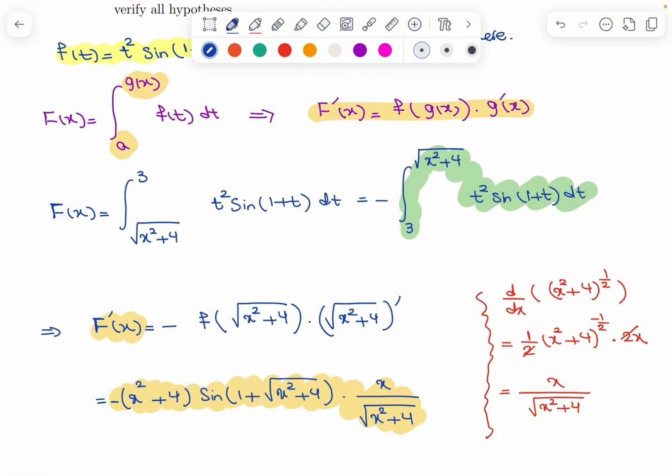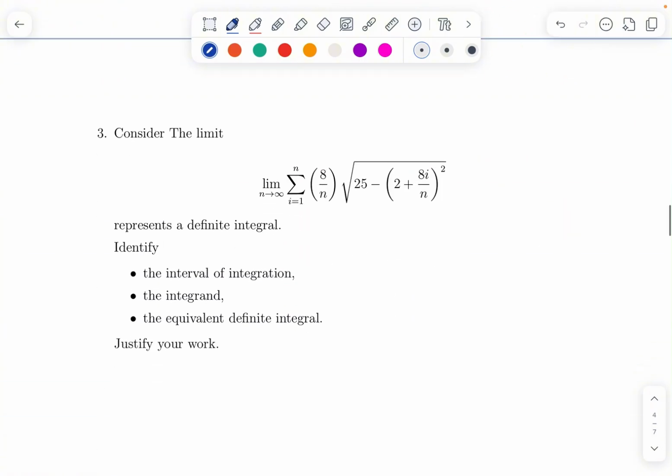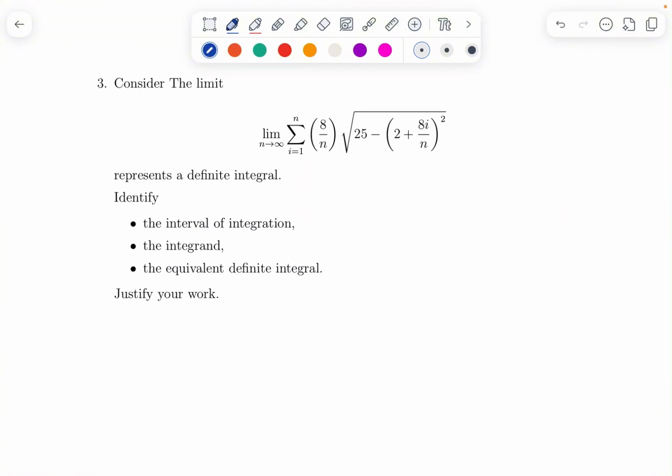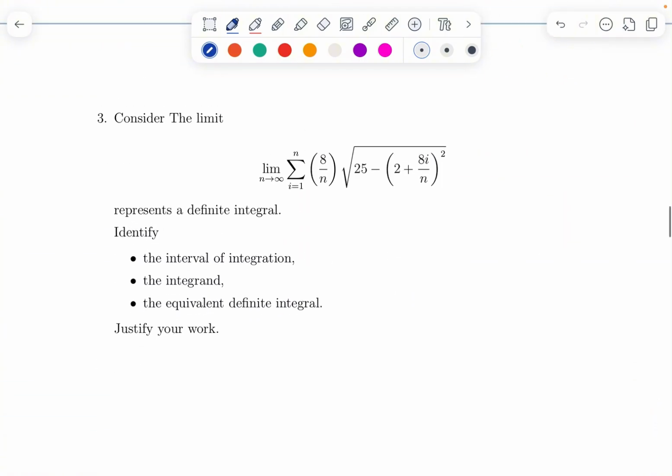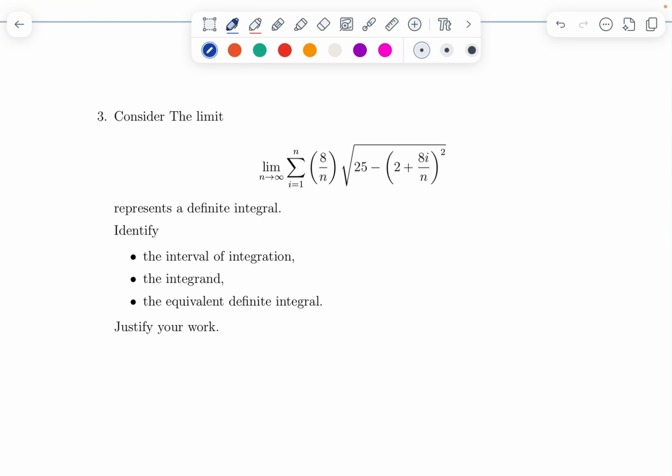So now we are going to solve question 3. Question 3 says: consider the limit of sigma from i equals 1 to n, 8 divided by n, square root of 25 minus (2 plus 8i divided by n) square, and represent this limit as a definite integral. Because we learned that a definite integral is the limit of a Riemann sum,